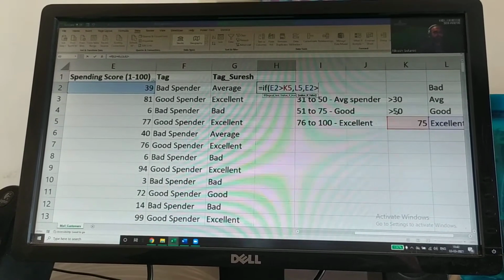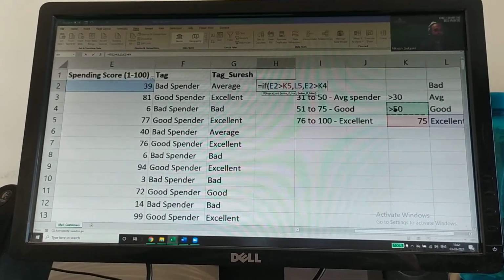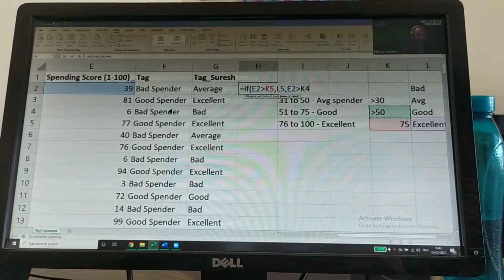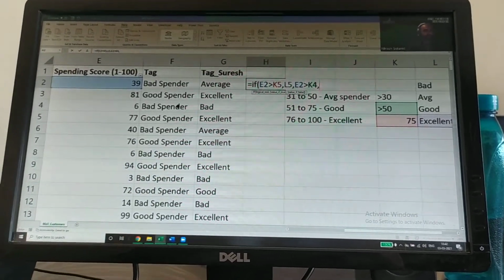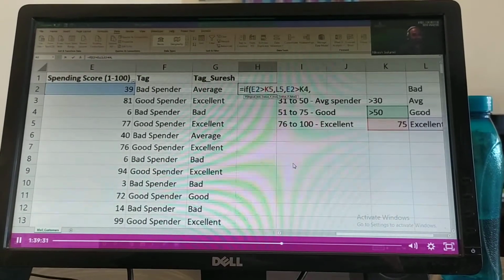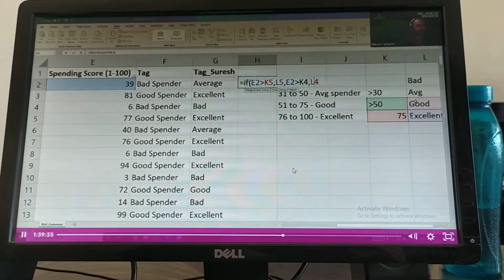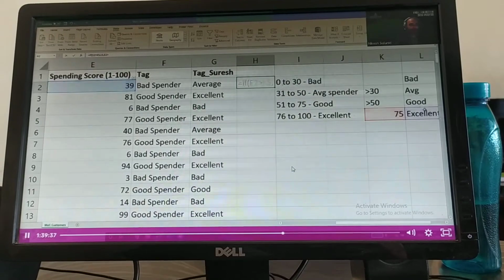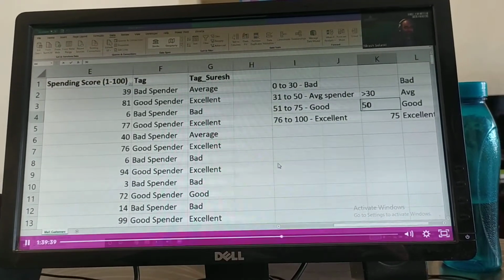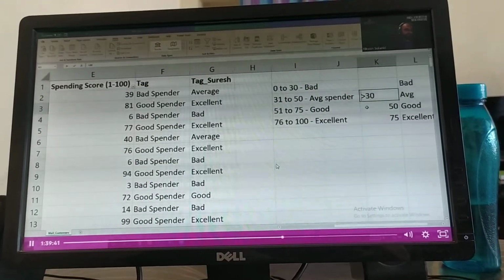Obviously, we'll have to change this to 50, right? If this is passing, then we'll select this. Else we'll put... You have not removed the greater than before the 50. Yes, I have not, because I thought we'll do it later on. I'll remove it here. I'll remove this also.